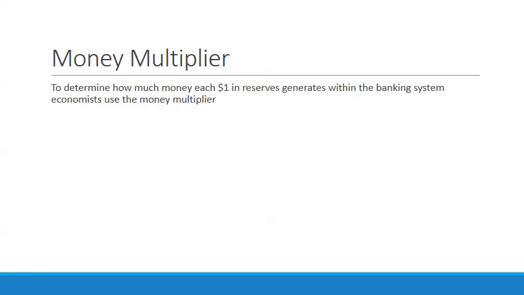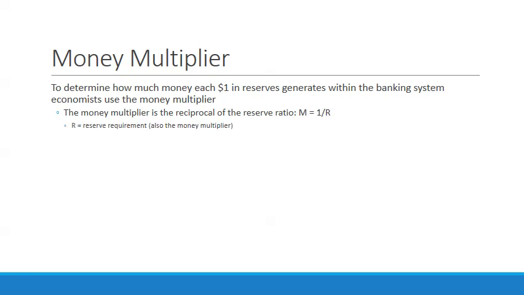So this term money multiplier, I used it just a second ago in reference to the reserve requirement. To determine how much money each dollar in reserves generates within the banking system, economists use the money multiplier. It's the reciprocal of the reserve ratio. So M is equal to 1/R, R being the reserve requirement. For example, with a reserve requirement of 20%, M would be 1/5. That would mean that every dollar in reserves would generate $5